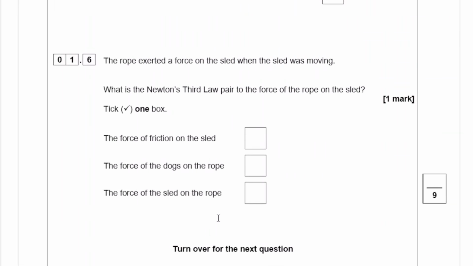The rope exerted a force on the sled when the sled was moving. What is the Newton's third law pair to the force of the rope on the sled? Newton's third law says this: for every action there's an equal and opposite reaction. So if there's a force of the rope on the sled, then the force of the sled on the rope is the exact opposite. That's the third option. That brings us to the end of question number 1, and I will see you in question number